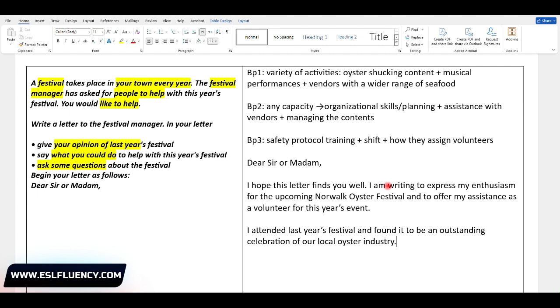Okay, it is a local one then. Okay, the variety of activities.